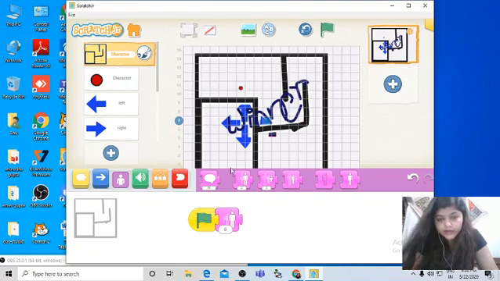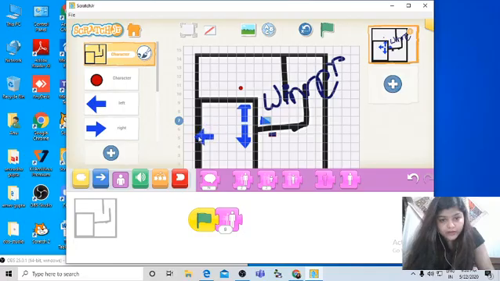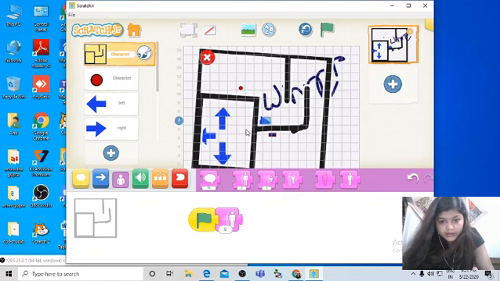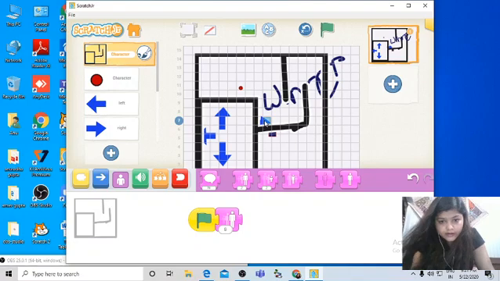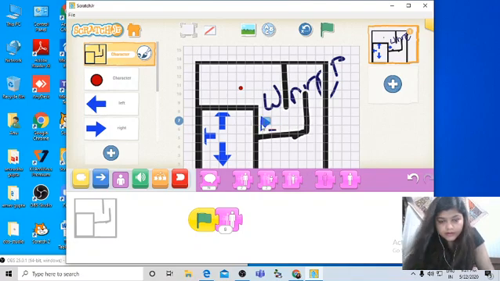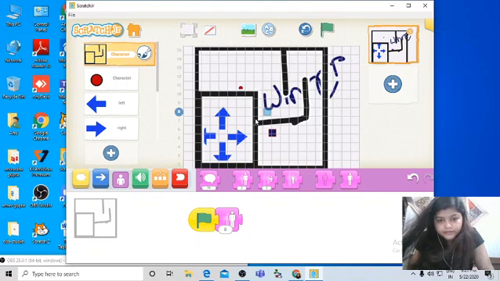This way you can increase your maze size, and according to the maze size you can place all the characters over the maze, so that you can decide the beginning position of all the characters.